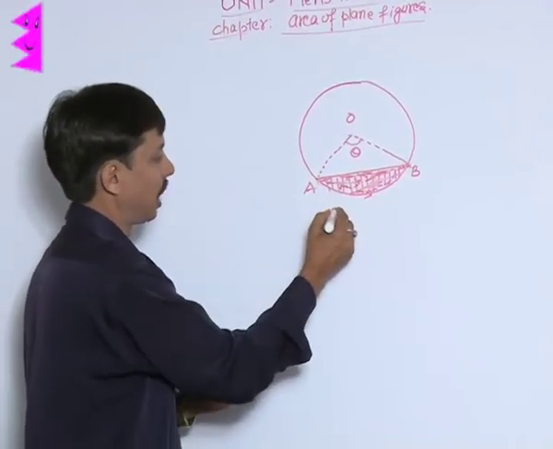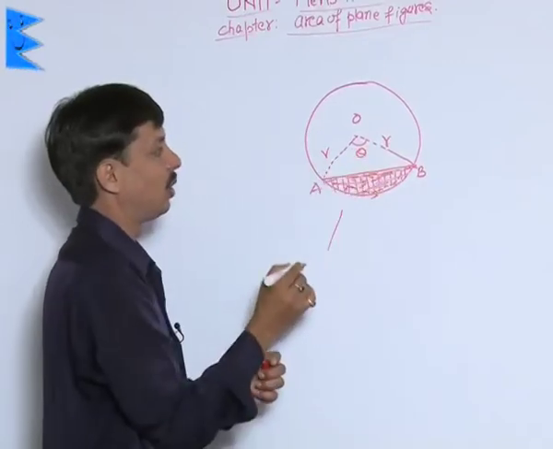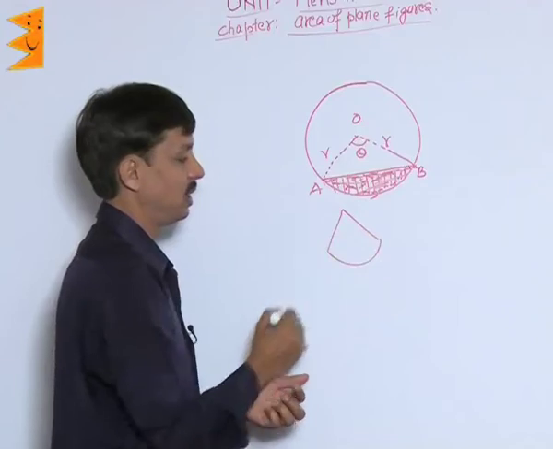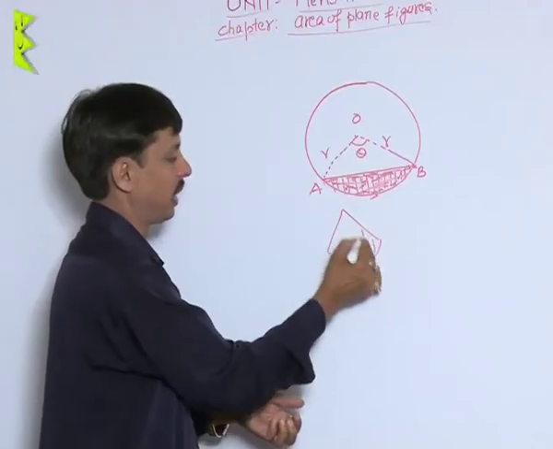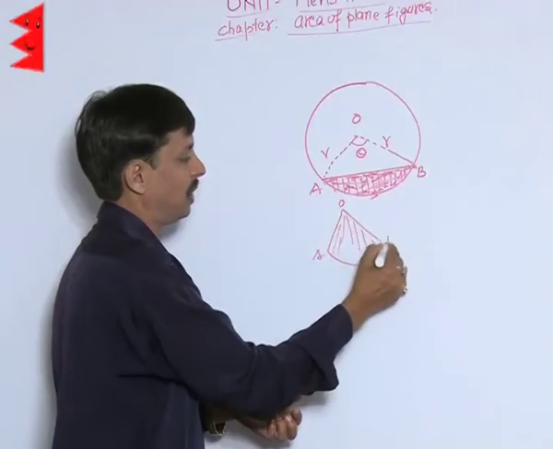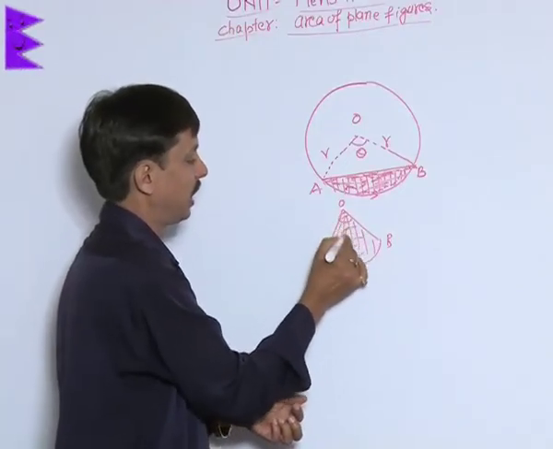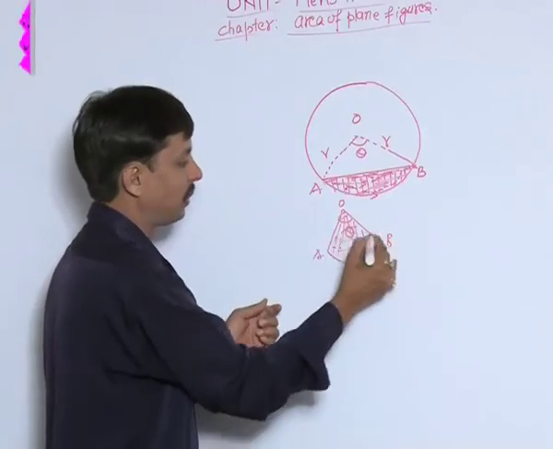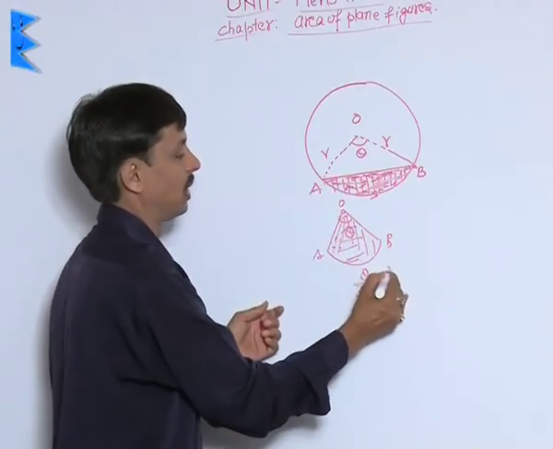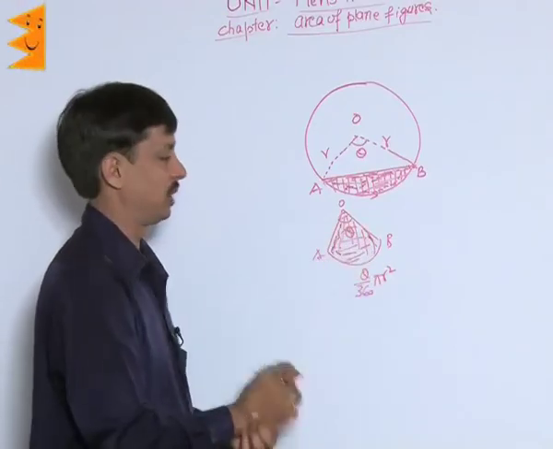If I tell you separately, this is the radius, and the central angle or degree measure is theta. Then what is this? This is the sector, because I have taken this OAB like this. In this sector, the angle at the center is theta. So the area of the sector is theta upon 360 into pi r square. This is the area of the sector, number 1.